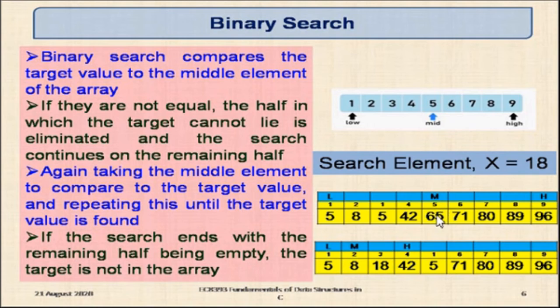It will directly check the middle value of the list with the element to be searched. My element is 18. The middle value of the list is 65. Okay, 18 is less than 65. That means definitely the data 18 will not be available from this portion onwards. That is, in the second half of the list, it will not be available. It must be available in the first half of the list, or we can say the left side of the pointer middle, right? So the half in which the data item is not available is simply ignored or eliminated.